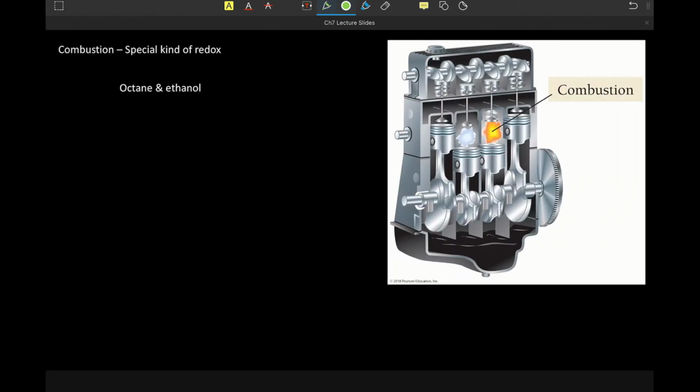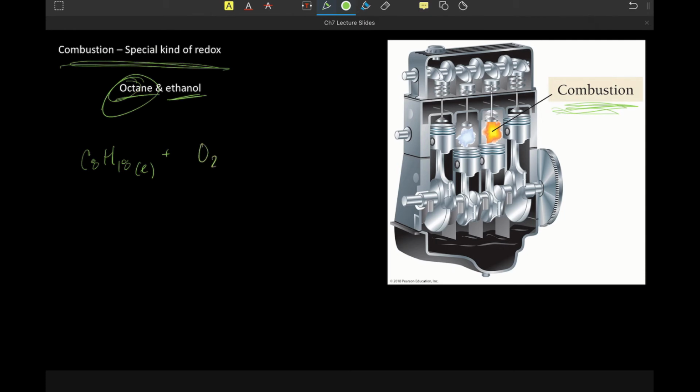Next up, combustion, a special kind of redox. Your book only lists combustion as a special type of redox because these are the reactions that power most everything. Since most of you are drivers, going back to life things we should know, the vast majority of us still have internal combustion engines, which means we take some octane, which is actually mixed with some ethanol. Octane, oct meaning 8, is C8H18, a liquid, which you should know if you're learning how to pump gas, and it will react with oxygen gas to produce